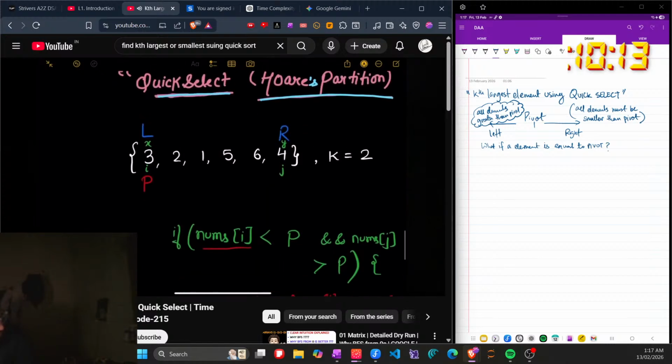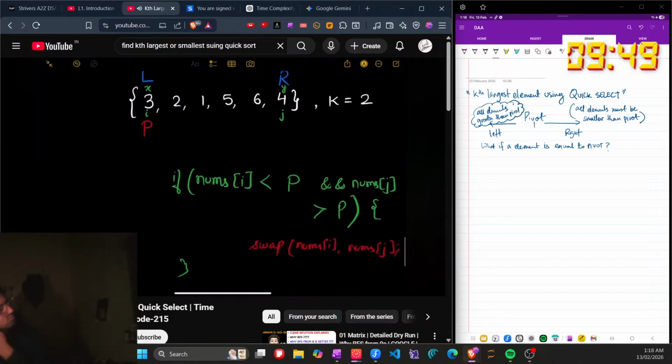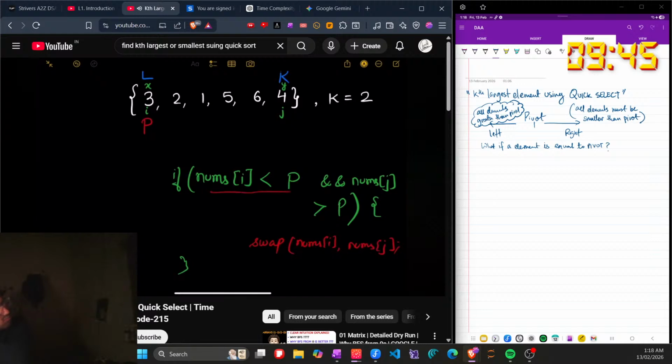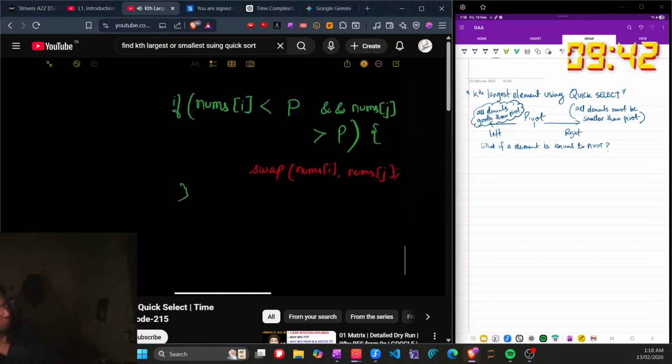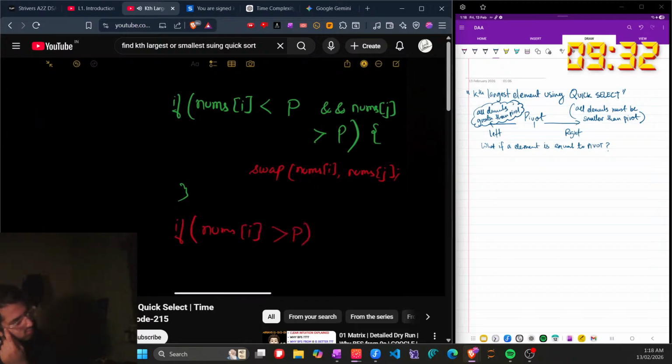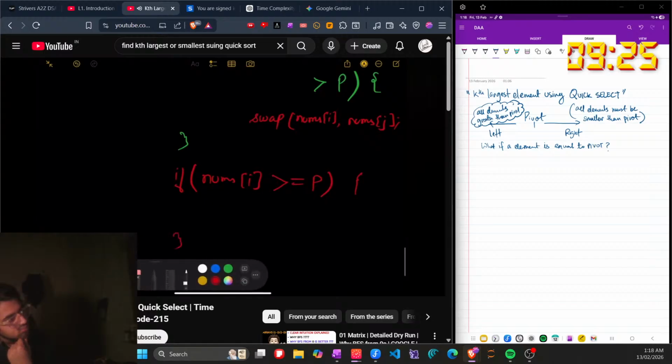ये कंडीशन तो समझ में आ गई होगी आपको, है ना। पर यहाँ पर देखते हैं, क्या ऐसा हो रहा है, देख लेते हैं। nums of i में कौन है, 3 है। पिवट एलिमेंट क्या है, 3 है। और nums of j में कौन है, 4 है। पिवट एलिमेंट क्या है, 3 है। तो ये कंडीशन तो पास नहीं हो रही ना, 3 less than 3 थोड़ी होता है। तो इसका मतलब क्या हुआ, ये तो गड़बड़ हो गया। पर देख लेते हैं, अब क्योंकि ये दोनों स्वैप होने लायक तो नहीं रहे, तो अब क्या हो सकता है कि nums of i ऑलरेडी greater than p हो, या इक्वल टू p भी हो सकता है, डुप्लीकेट भी हो सकते हैं। और देखो ये एकदम सही चीज़ भी है ना, ये तो ऑलरेडी वही चीज़